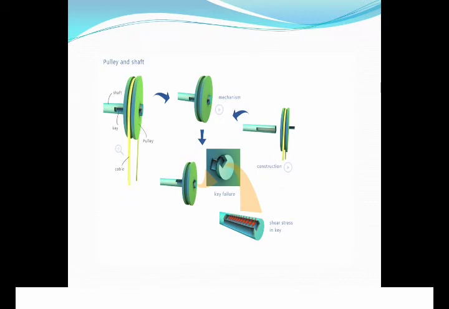Depending on the properties of the material, we have to decide which component should fail to avoid total damage to the component. So this is just a simple example of a pulley, given in detail, showing the mounting of a pulley on a shaft and the effect of the failure. In that case, the key is usually a weaker material which will be under shear failure. That is just an example that everyone should understand, and a few more examples we will see.